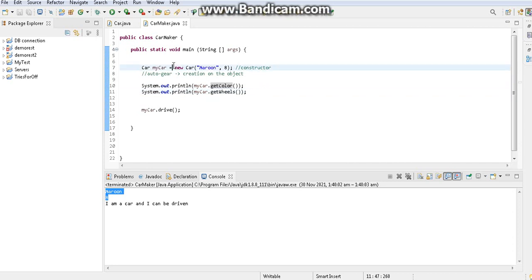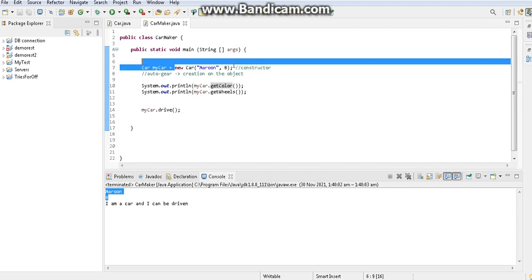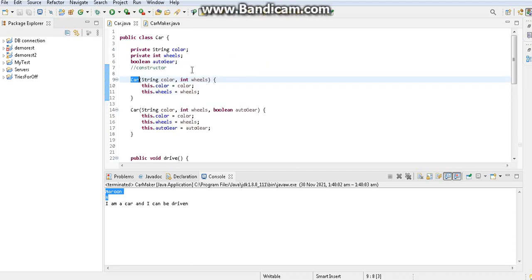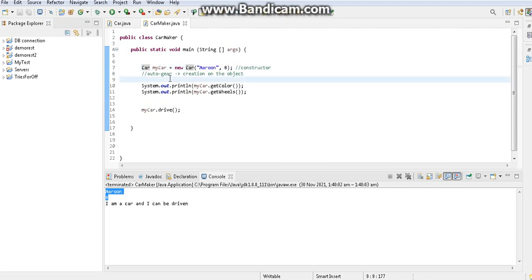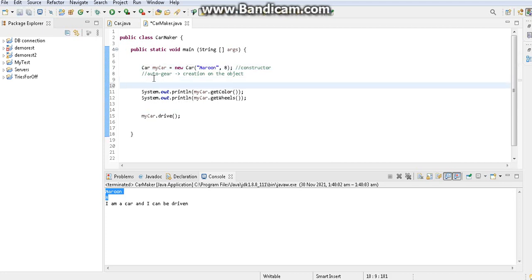Let's try that. Now you see this constructor is working fine because we didn't touch it, we only overloaded a new one. If you click it with control, you will see this constructor is being called. See, the first one. So what I will do is use the other one and create another car using the other constructor. I will write my auto car, that means an AutoGear car. Here I will use the next constructor.